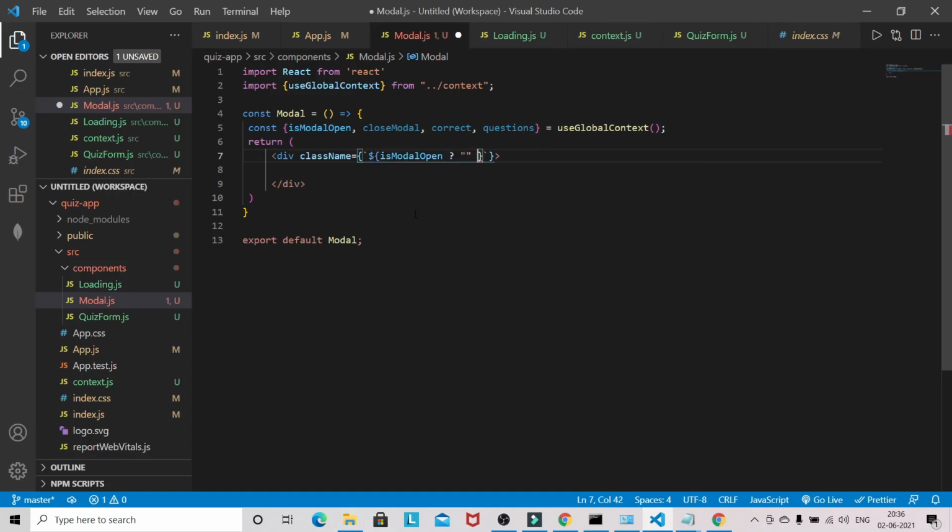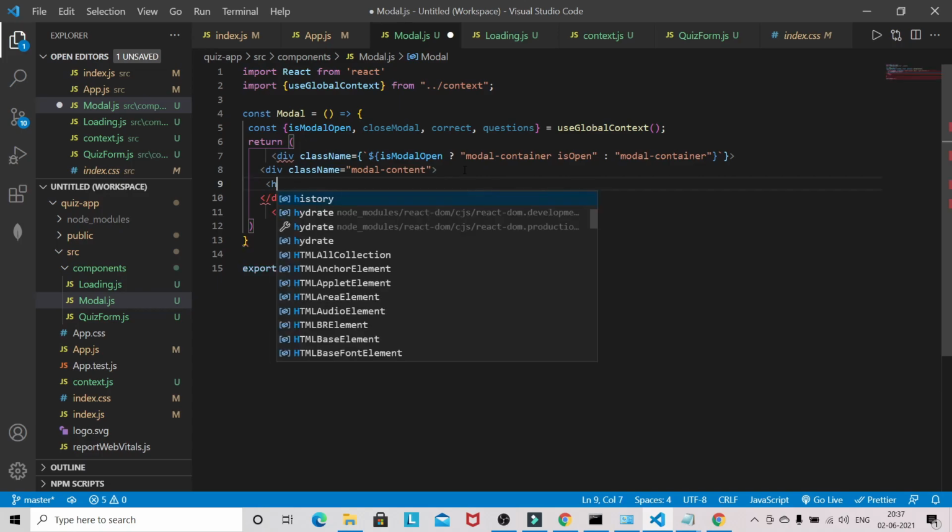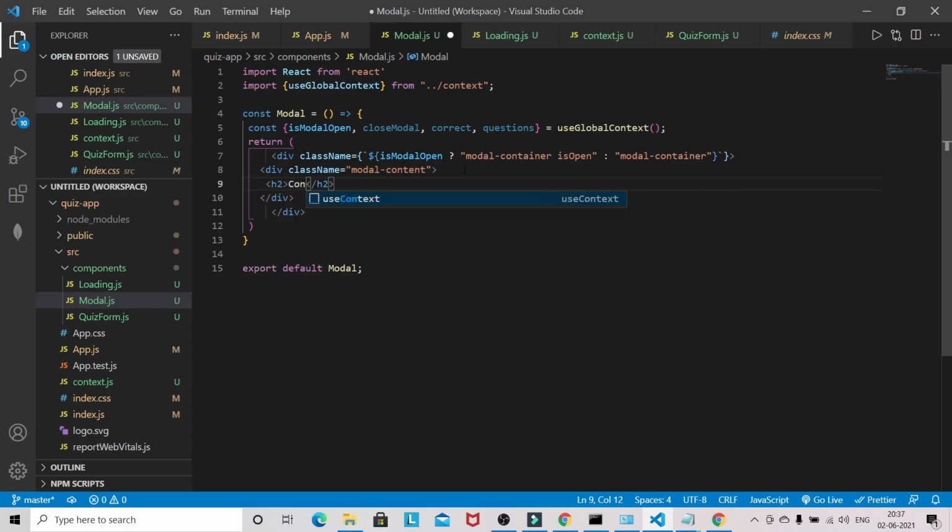Okay, and for the model container here I will give the class name model container is open, and if model is closed, then simply model container. Okay, now we will have one more class here, model content, and I will give here congrats